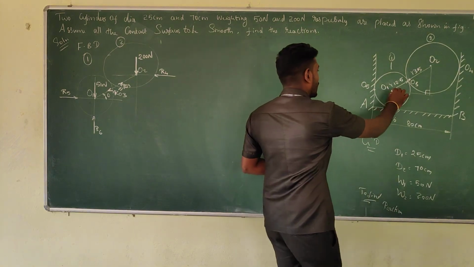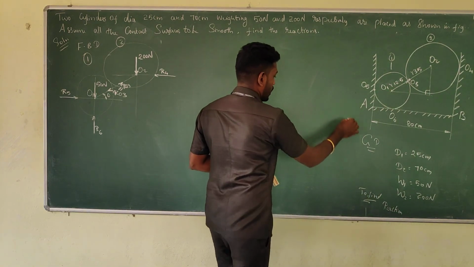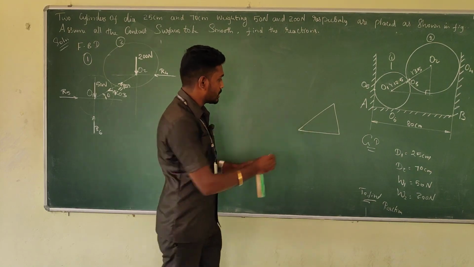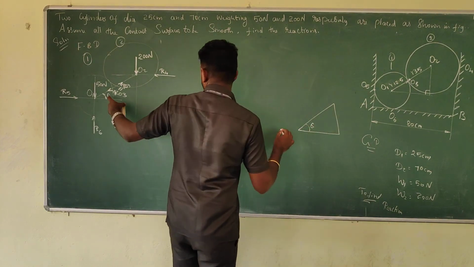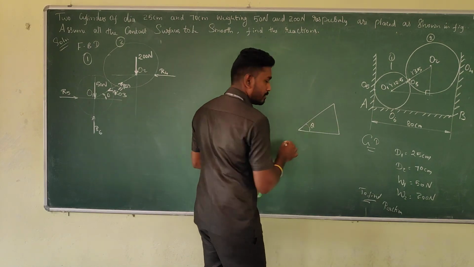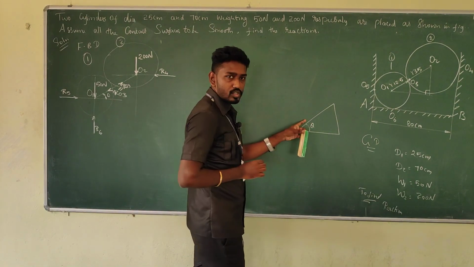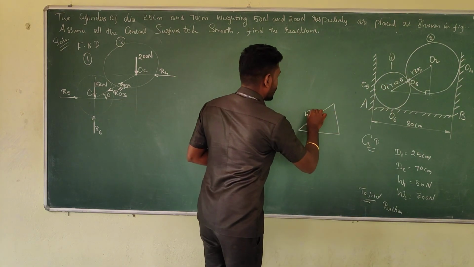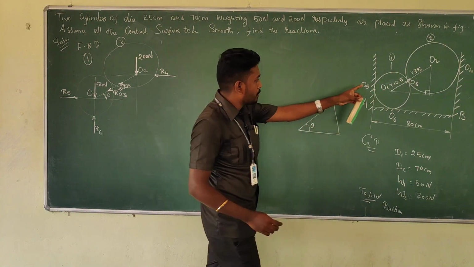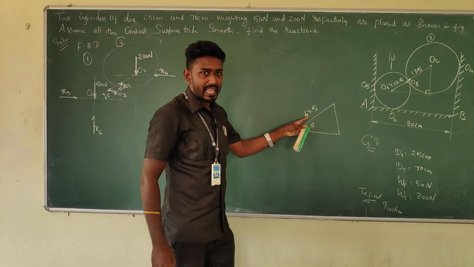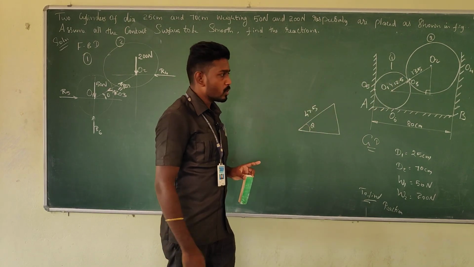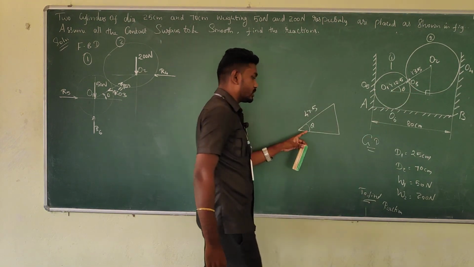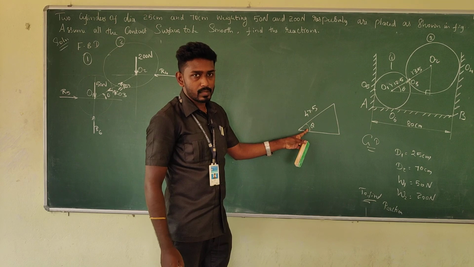So the total distance, if I show the right angle triangle here, this is the angle which we want to find, which is theta, and this is the hypotenuse of our triangle. So this will be 47.5. If we add both the radii, we will get the entire hypotenuse length. What about the adjacent side of this theta? How will you find it?